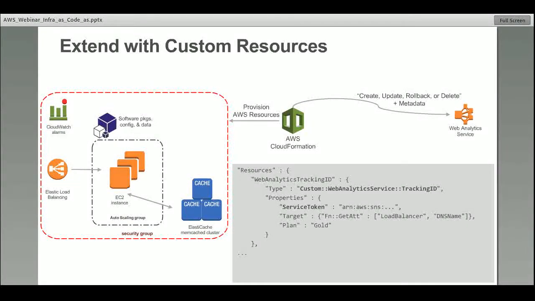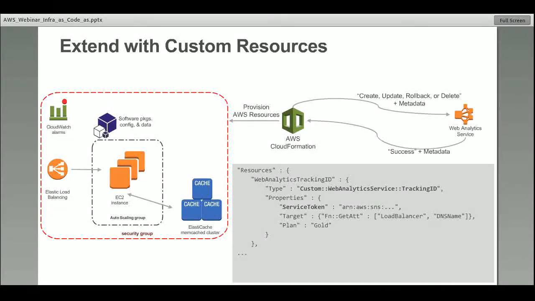And when it encounters this custom resource, it will send a create message to that external endpoint, and whoever is at the receiving end of that endpoint can receive the message, provision the third-party resource, and then send back a message to CloudFormation, whether it's success or failure. Both for the message going from CloudFormation to the third party and the message coming back, you can specify metadata.